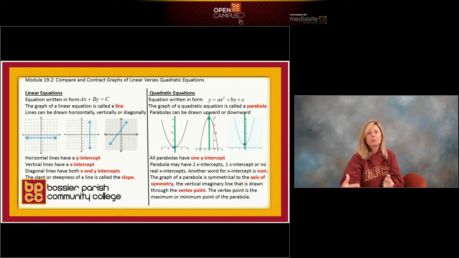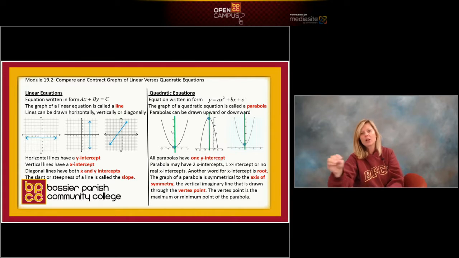Another word you had mentioned when we graphed lines back in Algebra 1 is the concept of slope. Slope is the slant or the steepness of the line. It's the movement from point to point. If you remember, when you plot point A and you get to point B, you move the same way as you go from B to C and C to D. So that's what you previously have mastered.